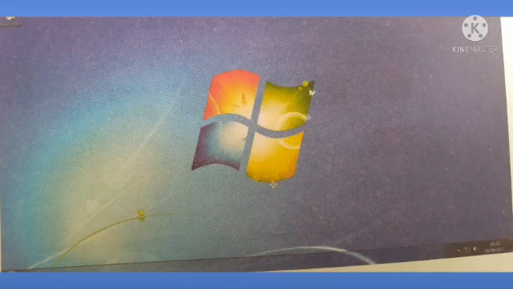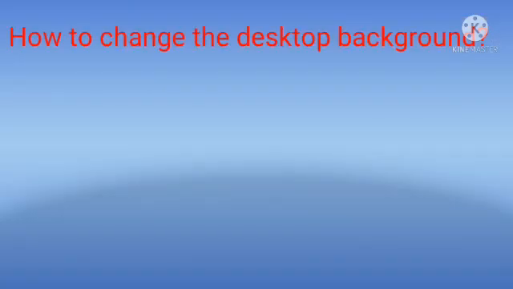Windows desktop has a default appearance and we can change it as we like. So students, in this chapter we will learn different ways to change our computer's desktop and learn how to do it. Firstly, let us study how to change the desktop background.